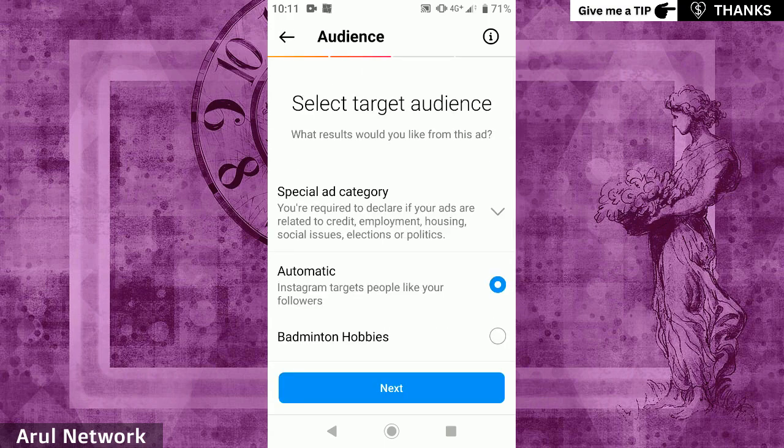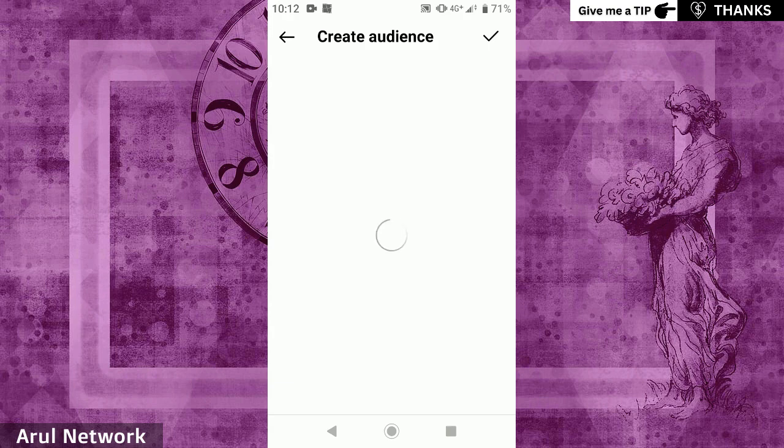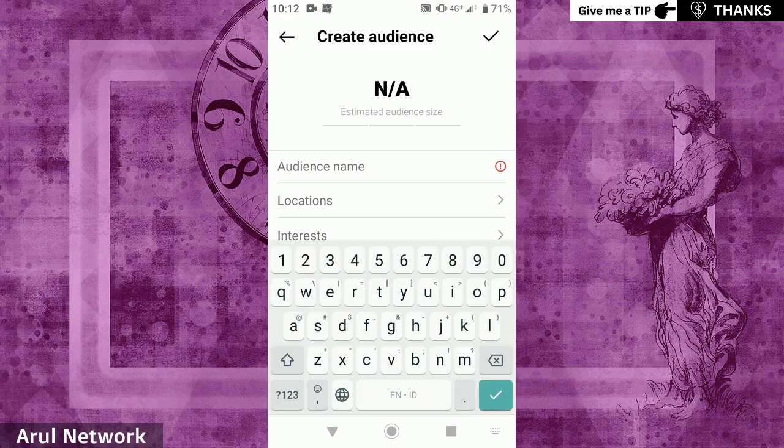Select target audience. You can select automatic. Instagram targets people like your followers, or you can create your own or manually enter your targeting options. If you want to create an audience, you must type an audience name